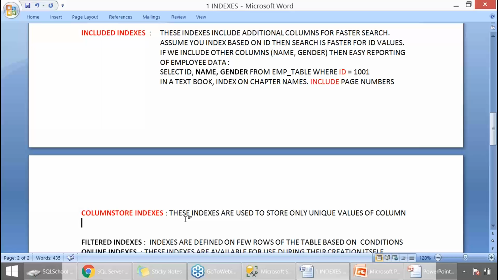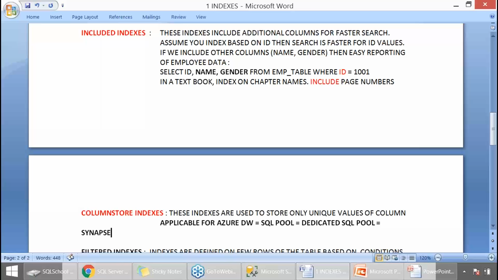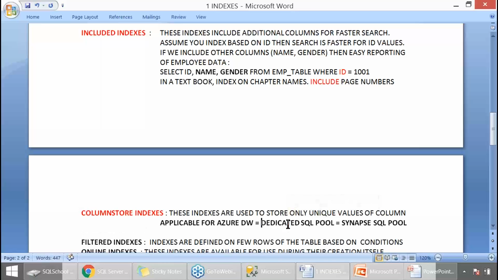These indexes are used to store unique values of a column, applicable for Azure data warehouse called SQL pool, also called dedicated SQL pool, also called Synapse SQL pool. Simply say dedicated SQL pool or Synapse SQL pool.